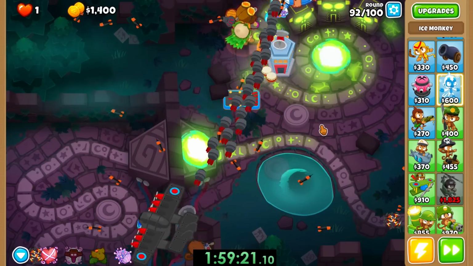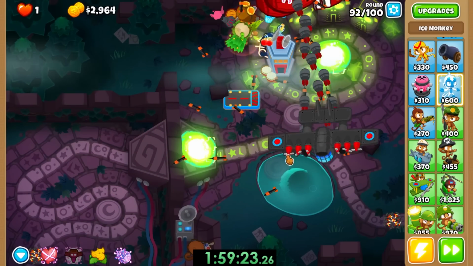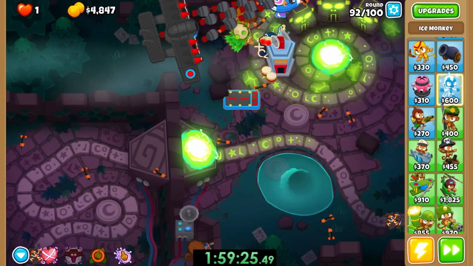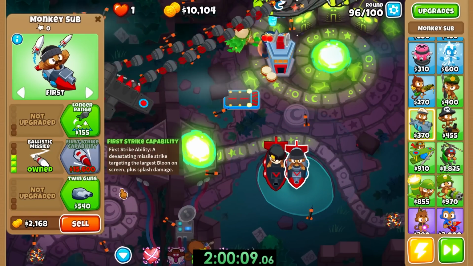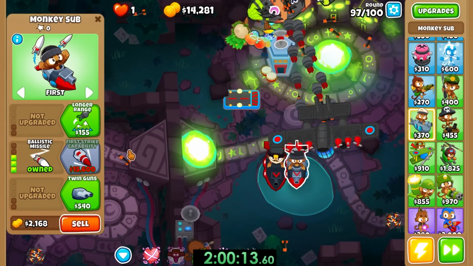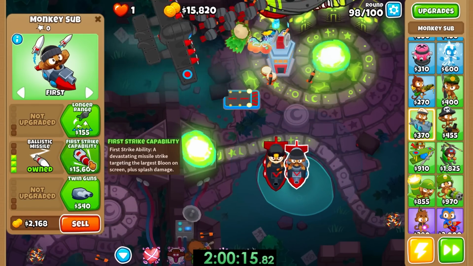I just thought it was always there as a kind of a novelty thing. Like, oh yeah, it's like Embrittle, but better. But no, it's a lot better than Embrittle. Okay, I'm gonna sell my Alchemist and see if I can get enough for another first strike. That'd be pretty cool. And then we'll just blast away the big bad and call it a day